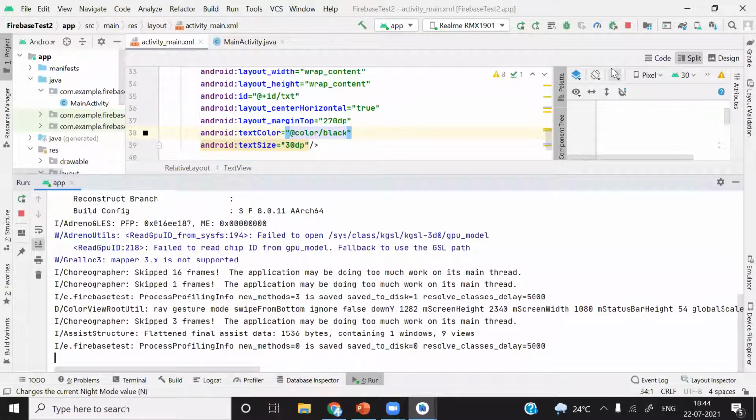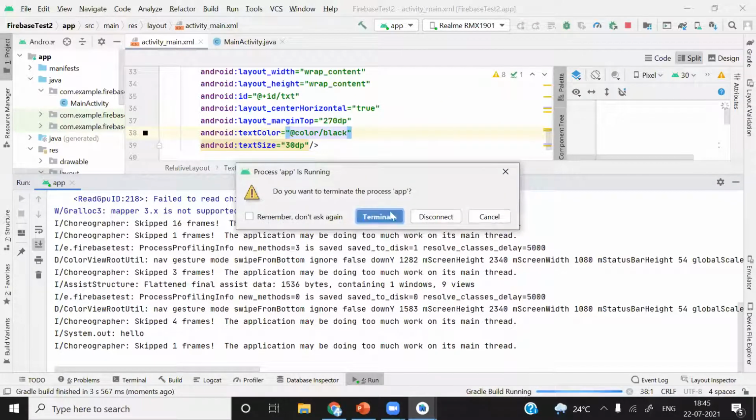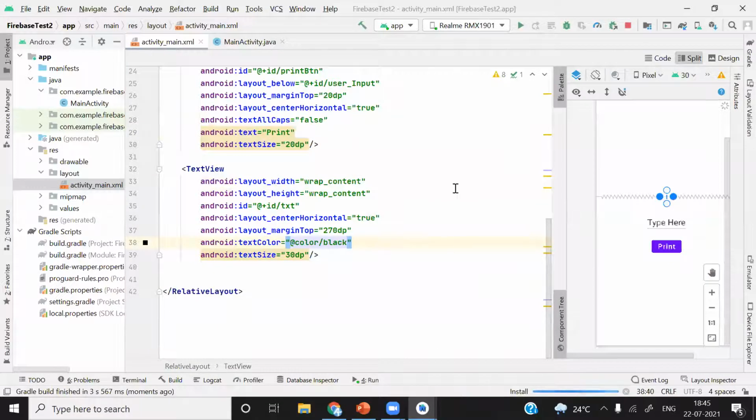After we type here something, hello, I will just type hello, and then I will click here print. You can see hello. Okay, sorry, after changing the color I have to rerun it again. So that is the reason we were not able to see this.